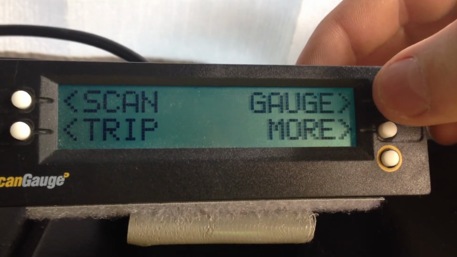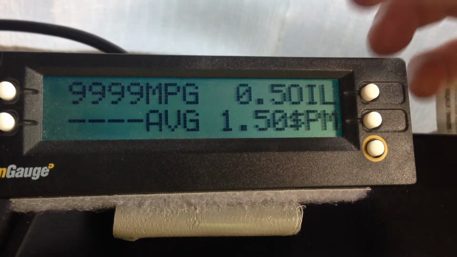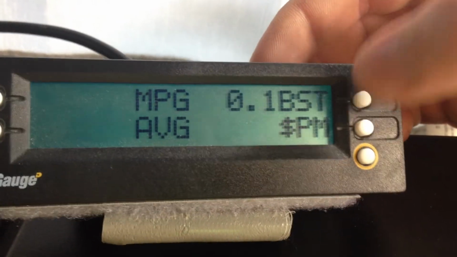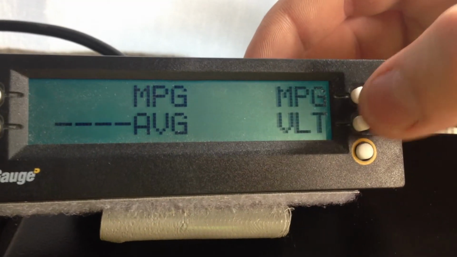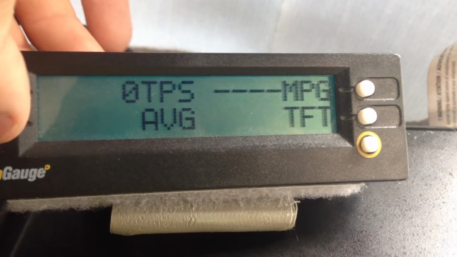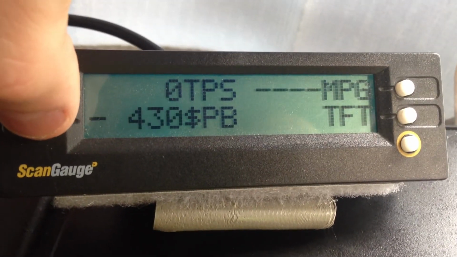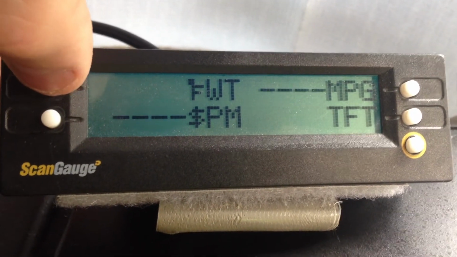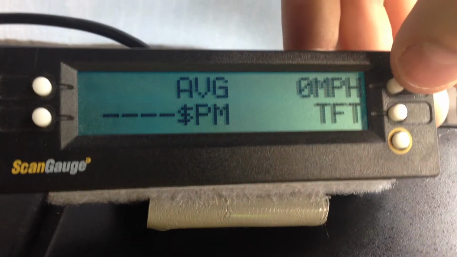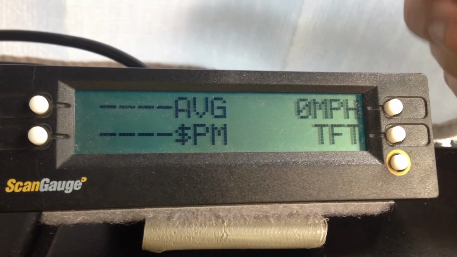The gauge button is what you want to hit next. Going down the road, here are your four readouts. You could change them to anything you want just by hitting the button next to the readout. We will go into these more in depth in another video. As far as profit, throttle position, temperature, average mile per gallon, instant mile per gallon, mile per hour. We will follow that